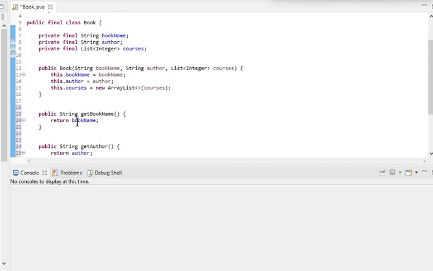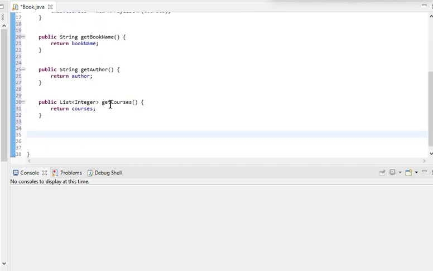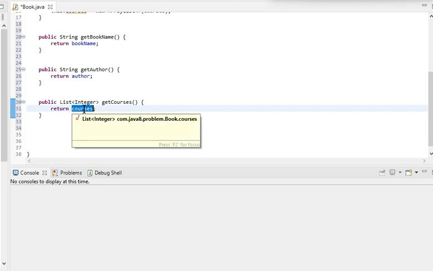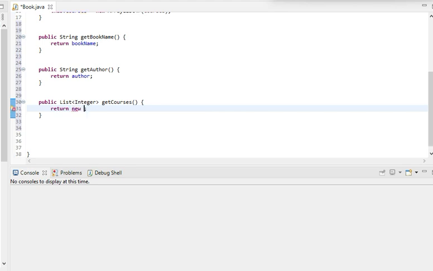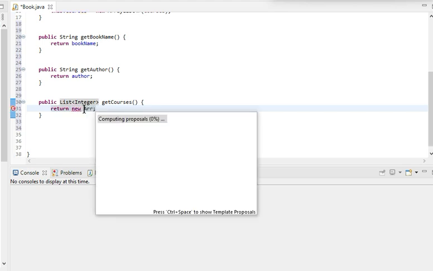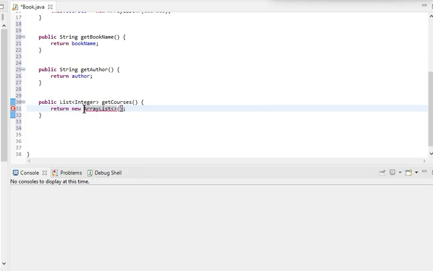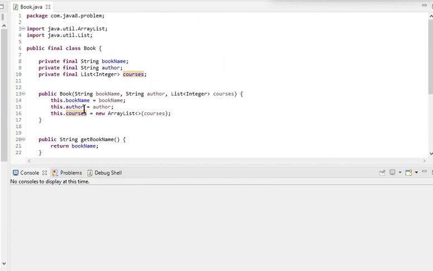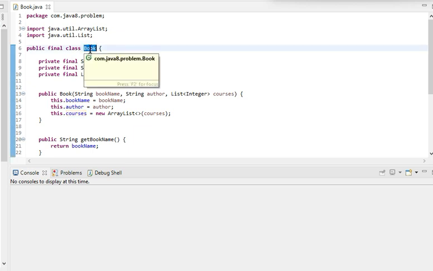So see, I only got the getters, and for this get courses, let me again do the same: return a new array list. Okay, so now I got the class Book, which is immutable in nature, because